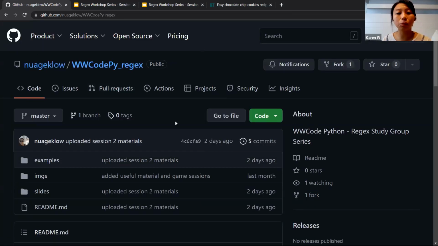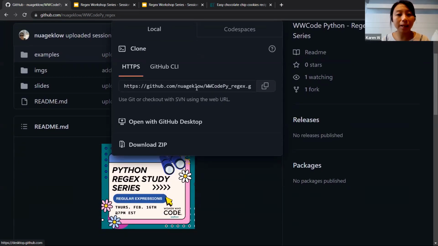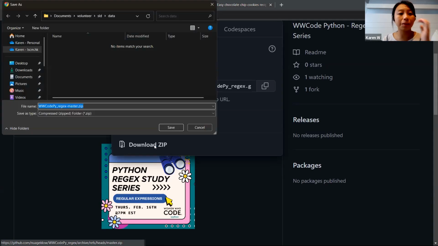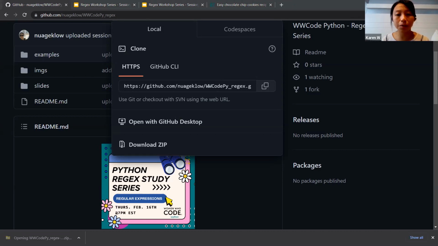The fastest way to download the file is to go to Code and then Download ZIP. That way you will get the material we need today. Just click save and place it somewhere, and then we will go through this.